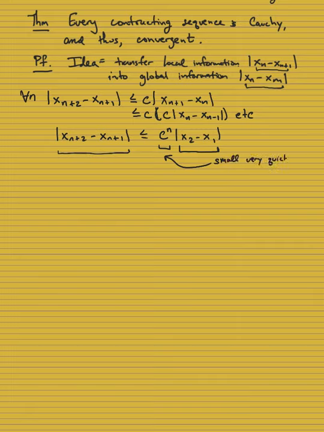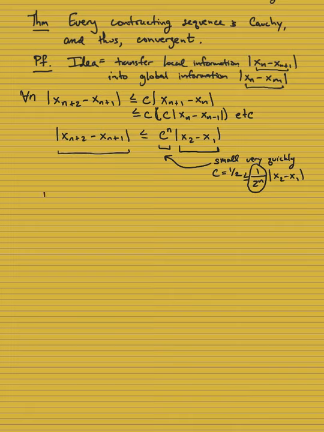So if c is, for example, a half, then the distance between the nth terms is like 1 over 2 to the n, or less than or equal to 1 over 2 to the n times the distance between the first terms. And this is some exponential function, which is shrinking quite fast. Okay? All right, so this is the consecutive terms, and now what you want to do is bound the non-consecutive